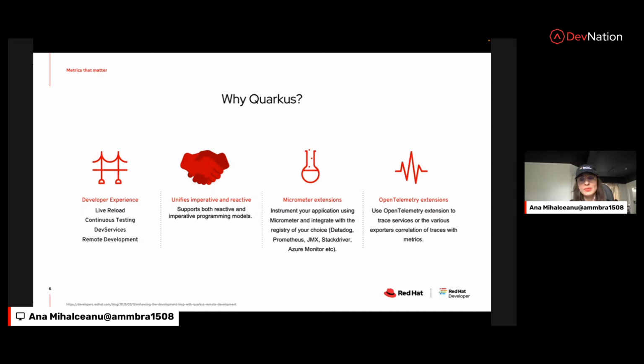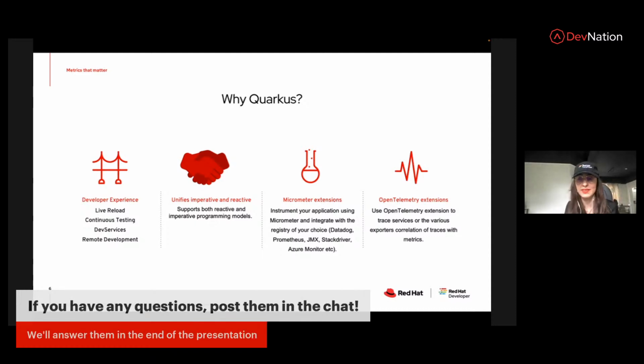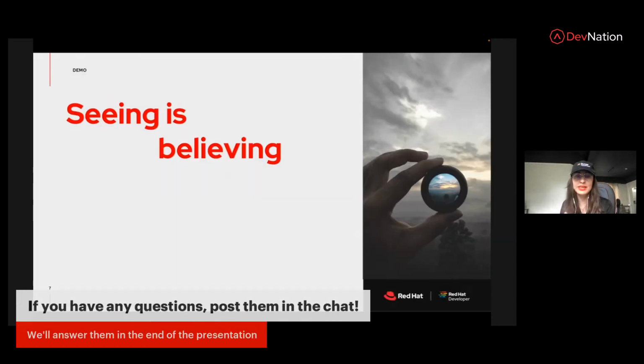So this is great because you can use the OpenTelemetry extension to trace services and also correlate the metrics with the traces. So not only know about the average response time of your transactions, but also know where your transactions have traveled and correlate those together. So that being said,